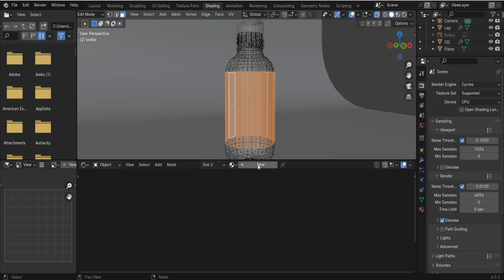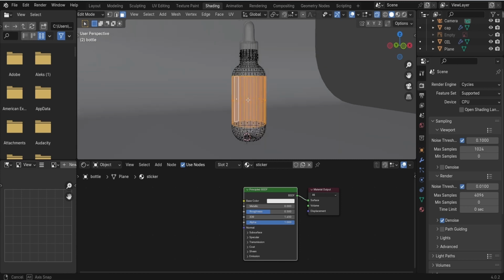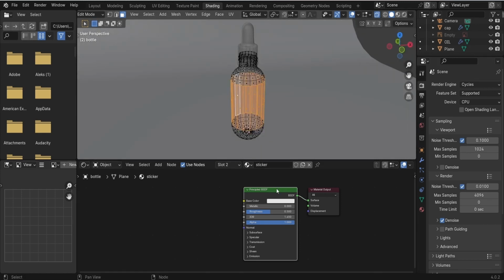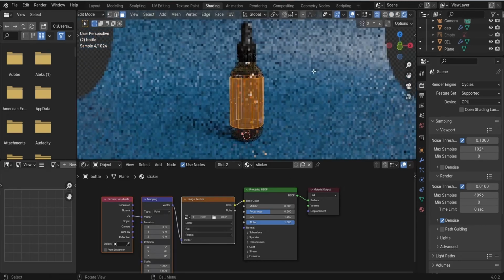And let's add a new material and name that sticker. For the sticker material, we are going to add in just a sticker image, which is an image texture. So here we'll do Control T as well. When we go into the rendered view, we can see,